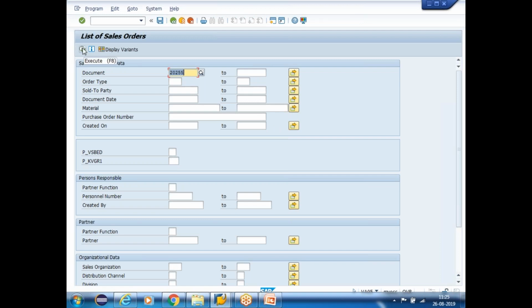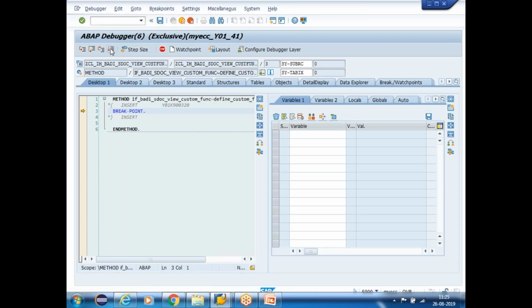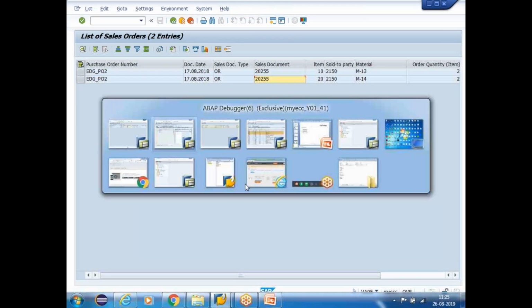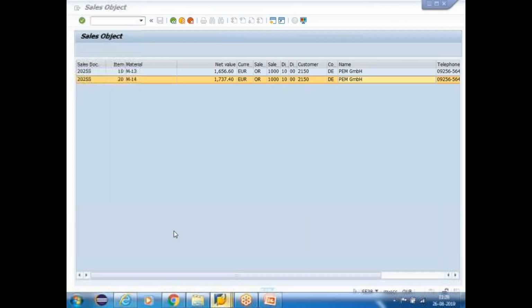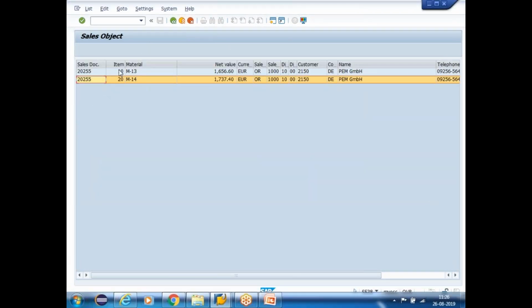See, execute. See, this is my purchase order number and document date and sales document 20255. So 20255, and go to my report, same report 20255, item 10 and item 10